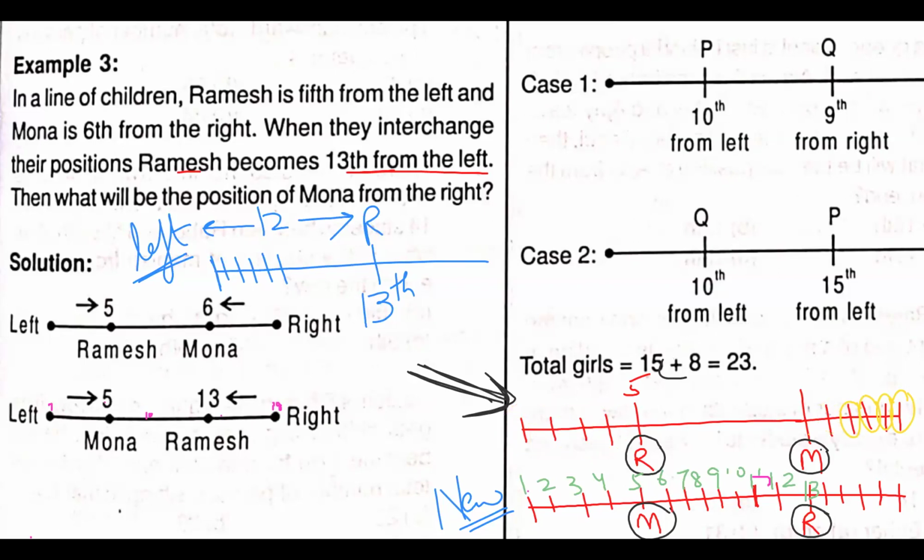Let's proceed with the question. The next condition is that now when they interchange their positions, right? Yes, Sanaya, now the answer is correct. When they interchange their positions, Ramesh becomes 13th from the left. Ramesh earlier was 5th from the left, and now when Ramesh interchanges his position with Mona, he will become 13th from the left. So what we have done is, as you can see here, this is the new arrangement that we have drawn,